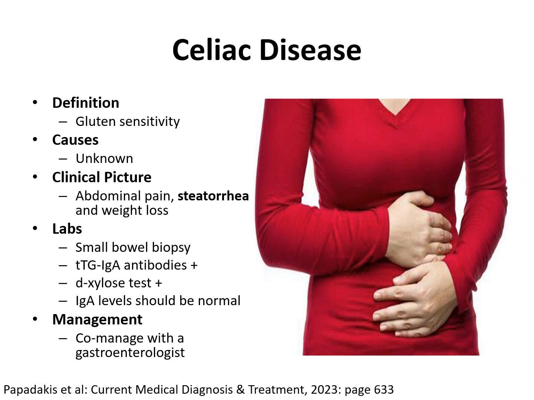All three of these conditions, chronic pancreatitis, celiac disease, Crohn's disease, can present with steatorrhea, but only celiac disease and Crohn's disease will have a decrease in the absorption of D-xylose, which is a sugar that when